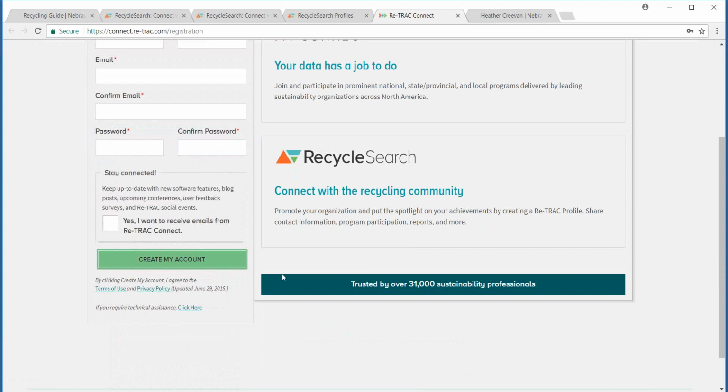After you have created your account, you will have to activate your ReTrack Connect account, and you will receive an email from ReTrack Connect. To complete the registration, you must verify your email address by clicking on the activation button in the email that you receive. Remember to check your spam folder. Sometimes automated messages get caught up in there. Once you have your account,